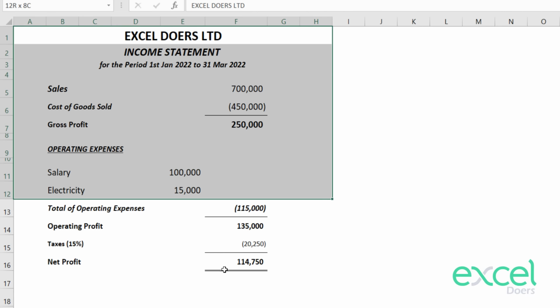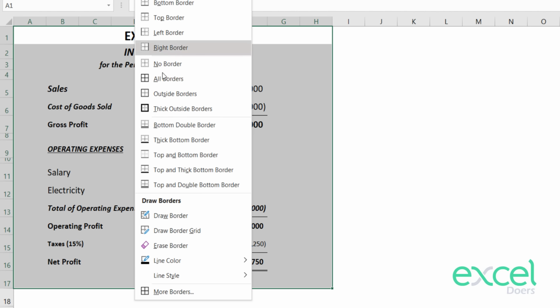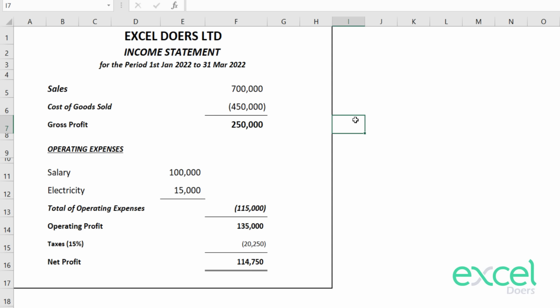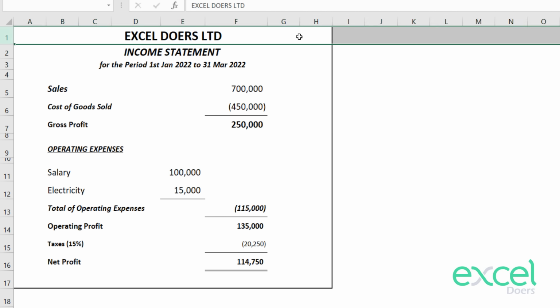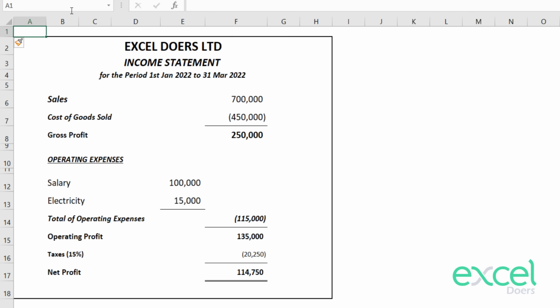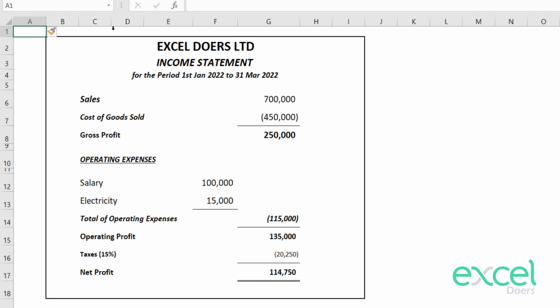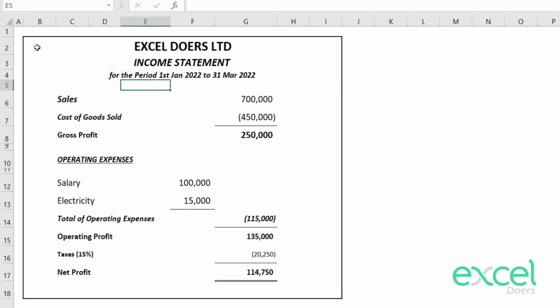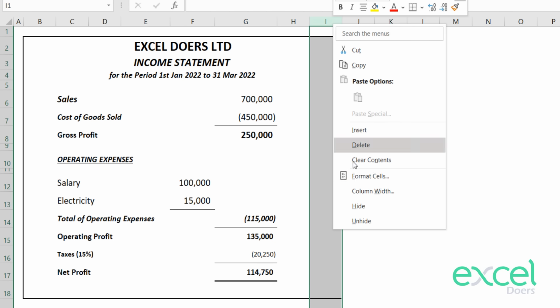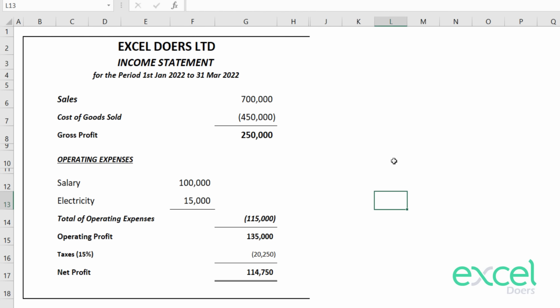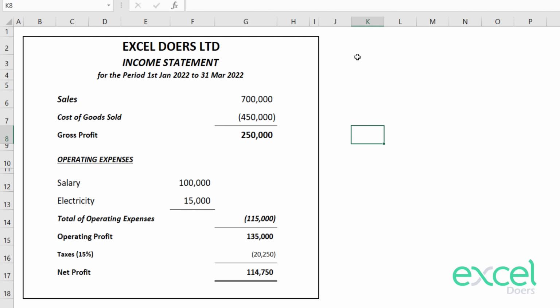If you want to give a border to this, you can give a dark border here, right, like this. On the top, if you lift a line, and from the right, if you lift the line, it will give you a good feel of the presentation, right? So this is your income statement ready. You can further hide this column. Not hide it, just reduce the width of it. Okay, perfect. So we just made a perfect income statement, and this entry that we have just made, we have